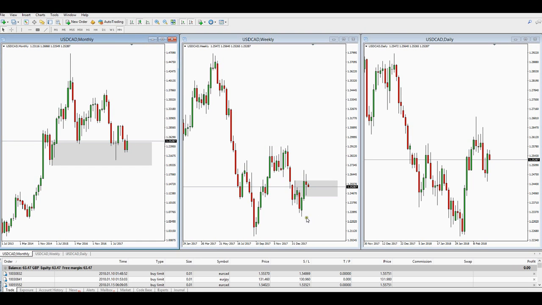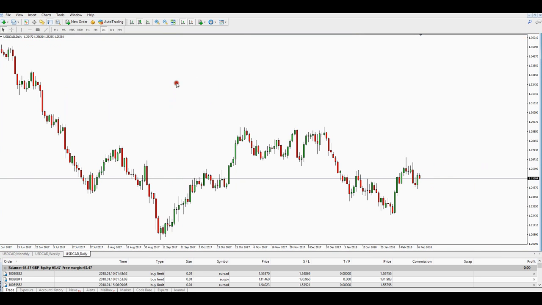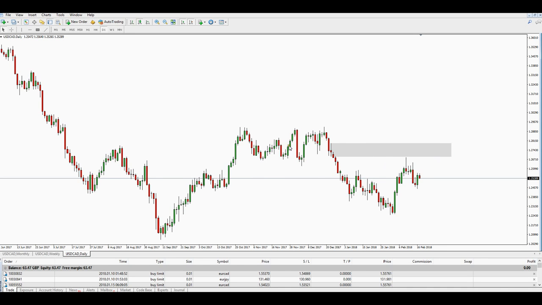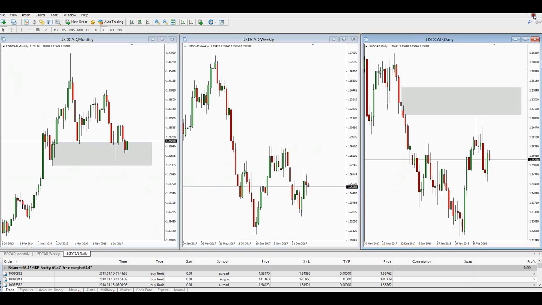So as soon as we can take this low out, then I'm going to start to lean on supply levels on that weekly. The more advanced way of doing it, based on this, is looking for a level. So I'm just slightly touching on this now. It's looking for a decent level of supply on the daily, which we've almost reached. This will be it. If it breaks this, then